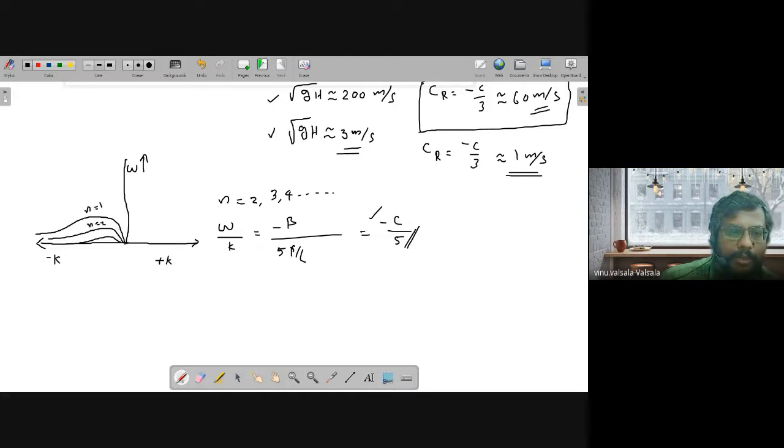So what are these saying? Are they linear waves? No, their speed changes. They are dispersive waves. If it were a non-dispersive wave, it would be a straight line in this diagram, but they are curved lines, so they are dispersive waves. Their speed depends upon the wave number and frequency. So these are the dispersion diagram of this particular equatorial Rossby wave. So I am going to call these equatorial Rossby waves.